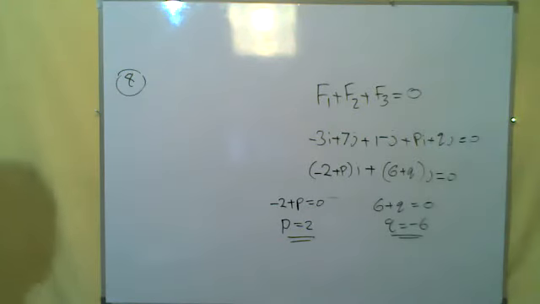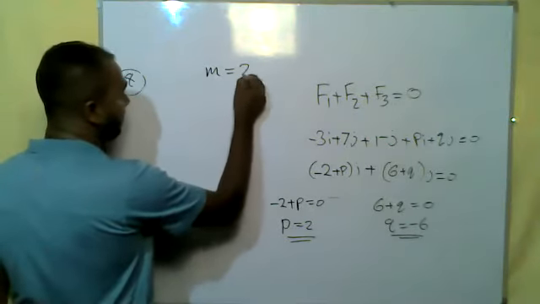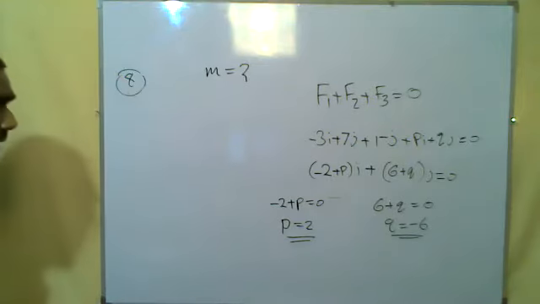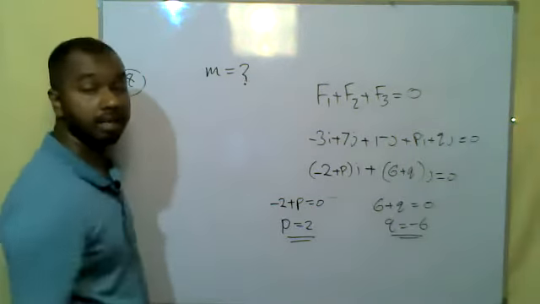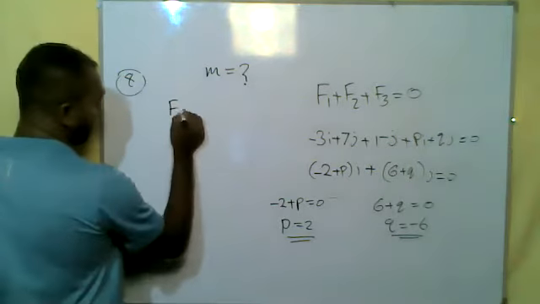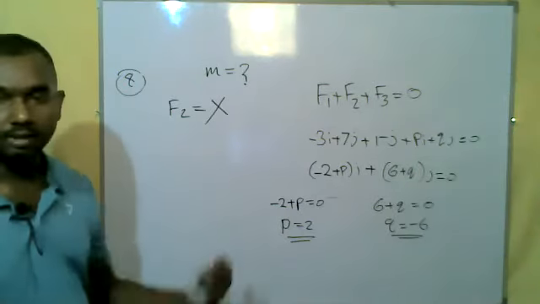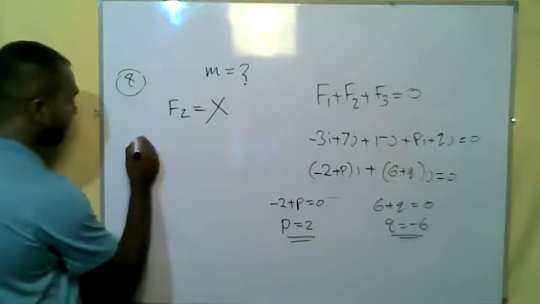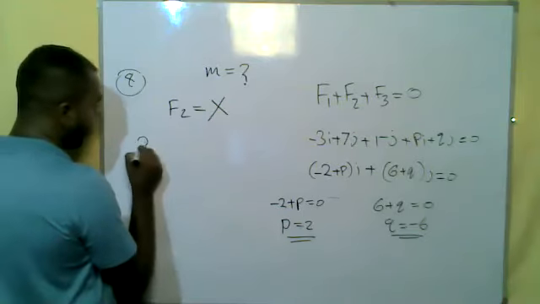Okay, so what is our question? Now we have to find the mass. They are asking how much the mass is. But before that, they are giving us some data. They say F2 is removed. Now F2 is not available. And what else are they saying? They are saying that when this force is removed, the object moves how many meters?